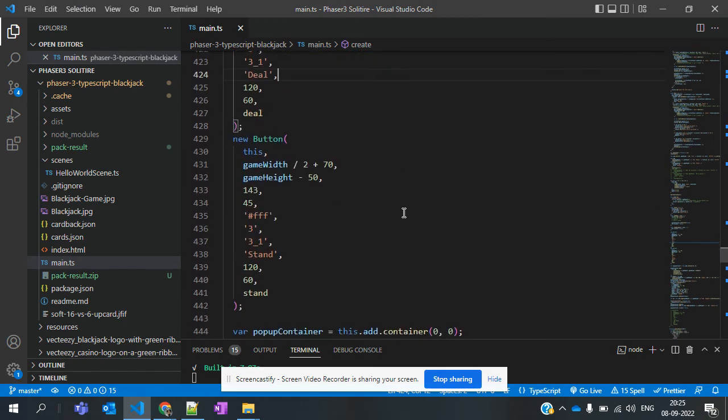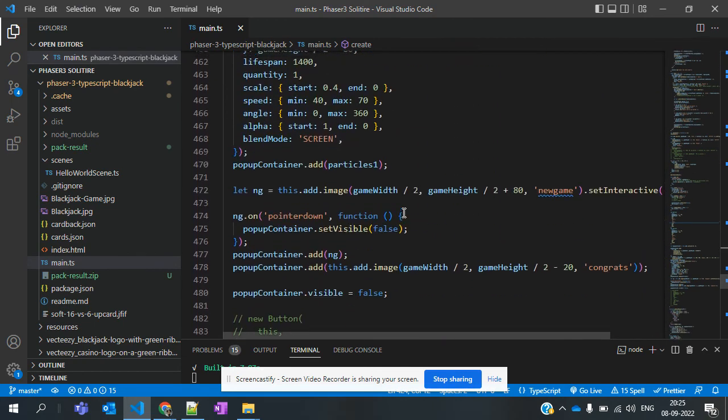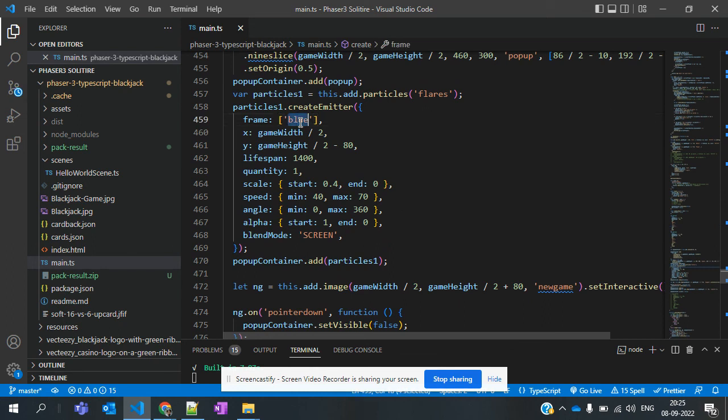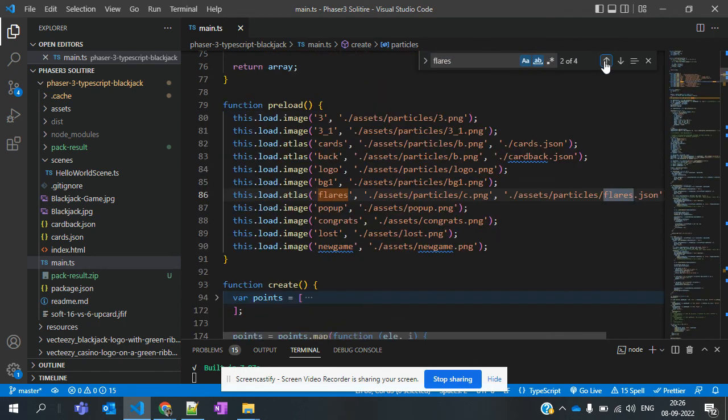So let me show you the renderer. If you see here, in the create emitter, particle 1 is that flare which I am taking. So flares is having that